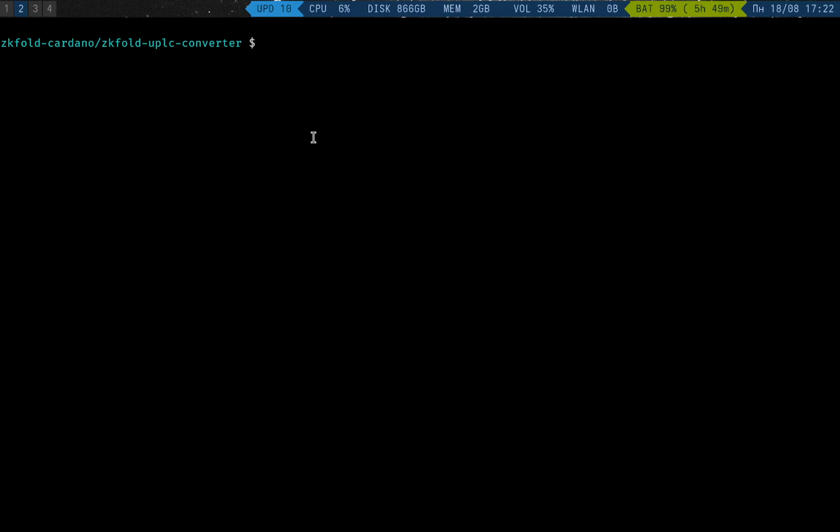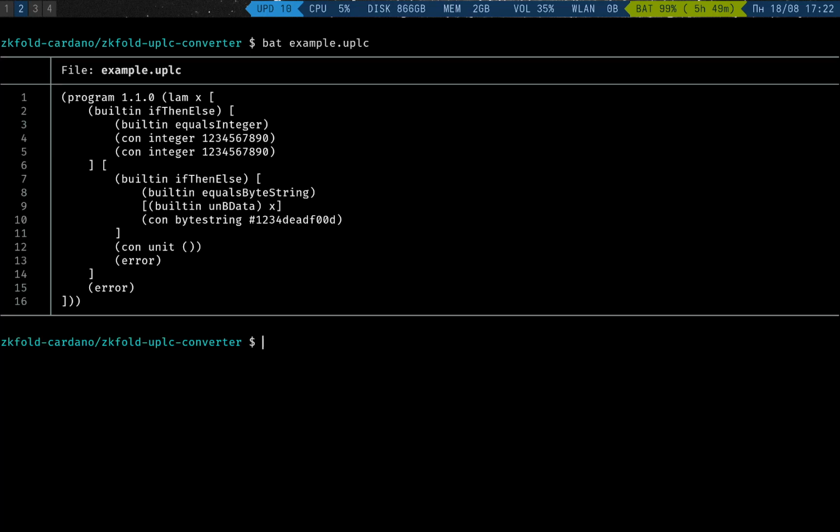For example, here's a simple UPLC script we prepared in advance. First, it performs a redundant equality check on integers, and then it checks that the input UPLC data is a byte string and is equal to 1234dead. A corresponding arithmetic circuit is obtained by actually running the CLI